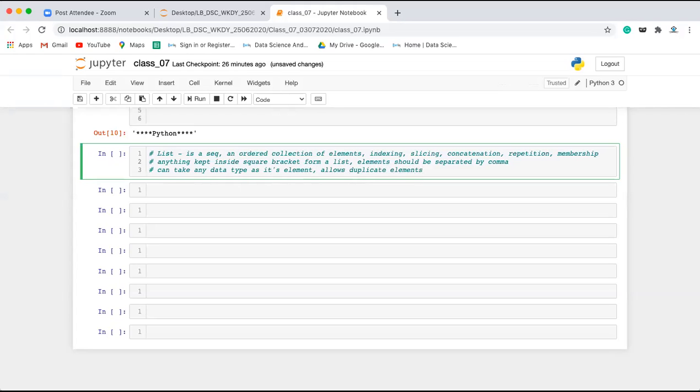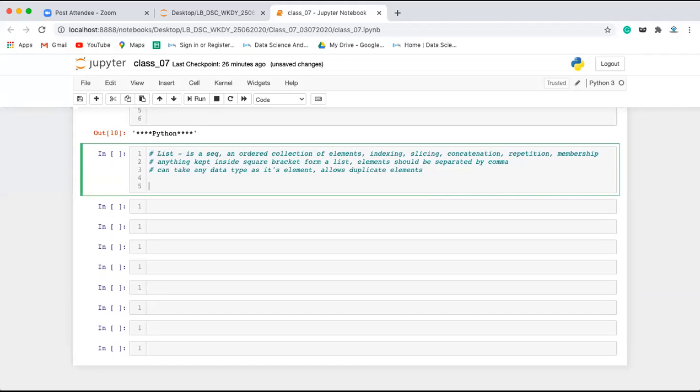Okay, fine, it allows the duplicate element. If you compare, this list generally looks like an array, but it is not an array. How do you define the array? Any array is a collection of unique elements, a collection of homogeneous elements, right? Let's say if you want to create an int type of array, you can keep only integer values. If you want to create a float array, you can keep only float values, but list can take any